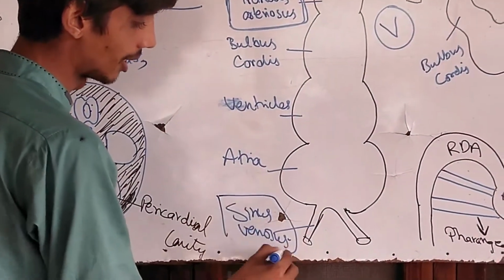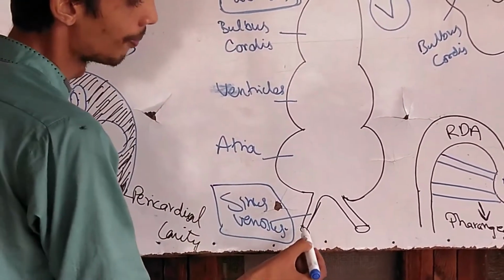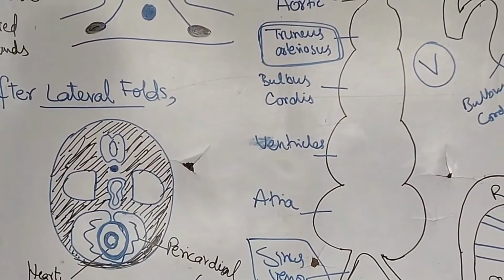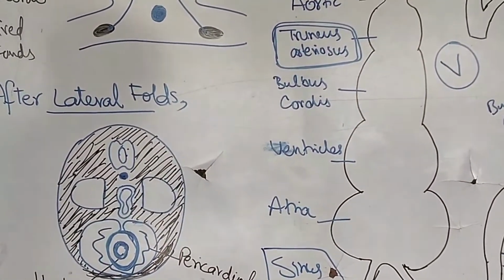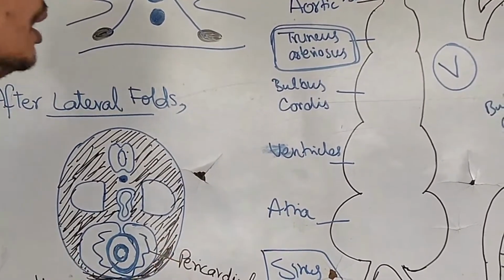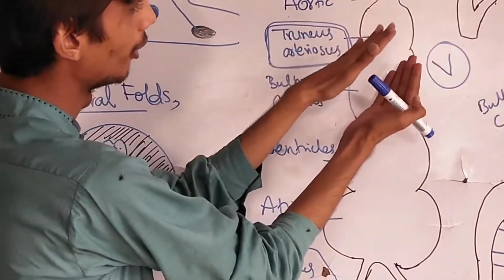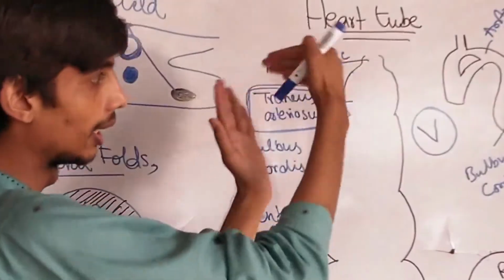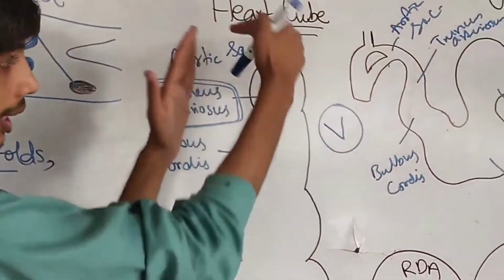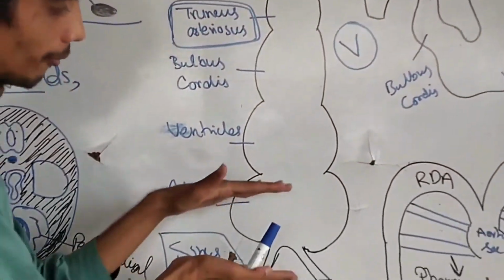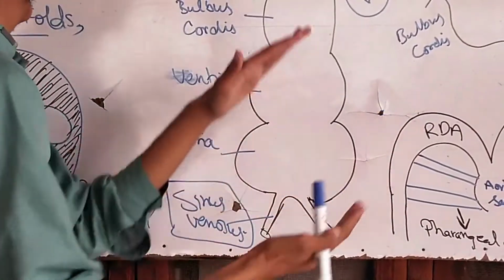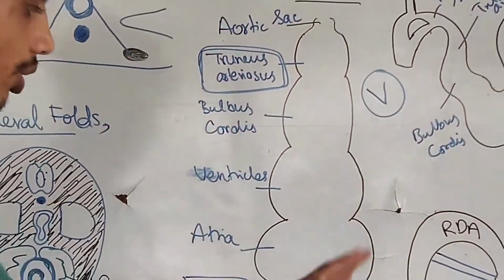This part, the sinus venosus, is that part which is receiving the veins of the embryo, the vitelline veins and all the other veins, fine. Now what happens, the cranial part will move towards the right and a little caudally. A bend will come, there will be a bend a little downwards. And the caudal part will move a little upwards, towards the left and dorsally. This part will come ventrally, this part dorsally.